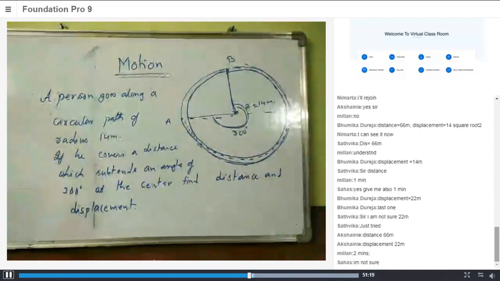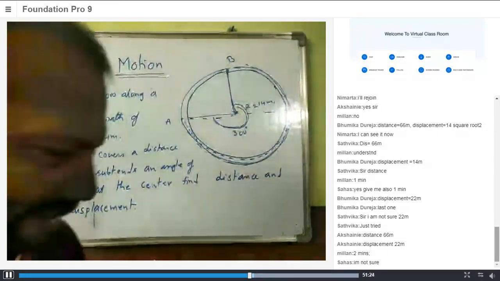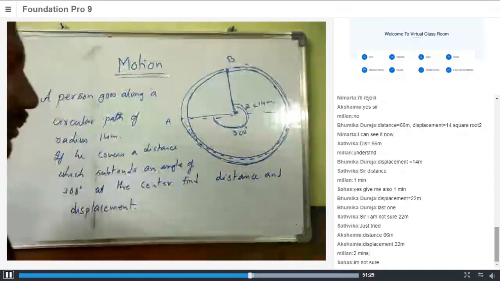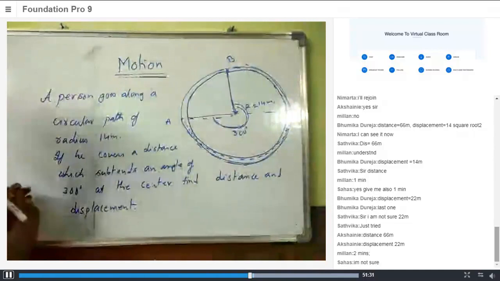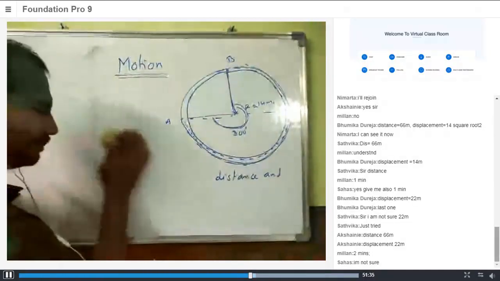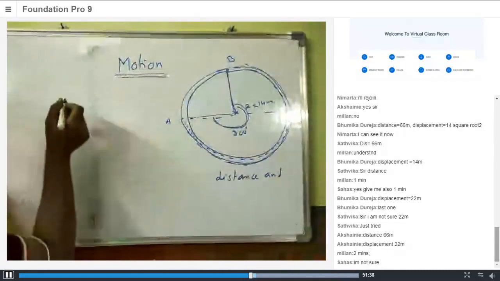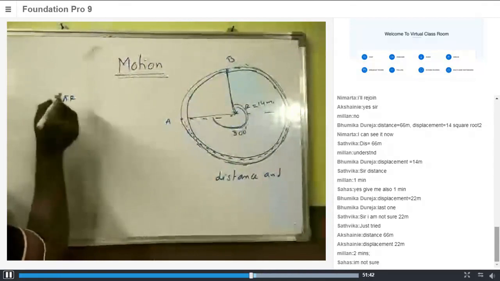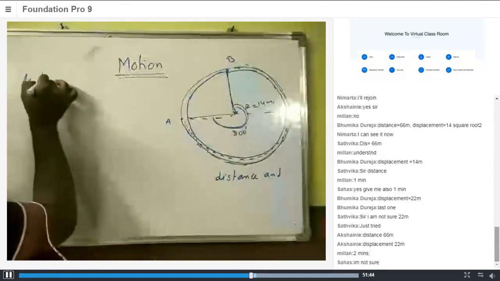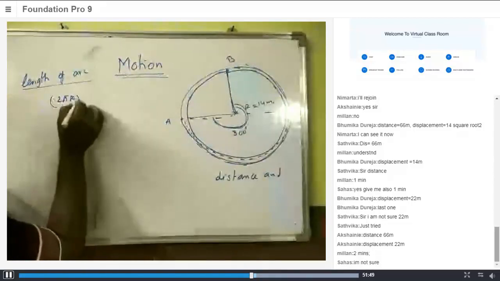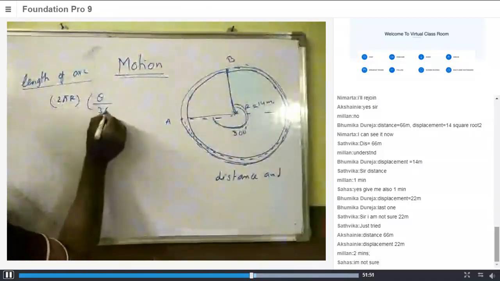Okay, fine. Let me do it, because I see most of you are getting confused. Even Bhumika, one of the 3 answers is correct. So let's check which answer is correct. Now distance. I hope all of you know what is circumference. What is the circumference of a circle? 2 pi r. What is the length of an arc? Length of arc of a circle is 2 pi r into theta by 360. I think all of you know this, right?